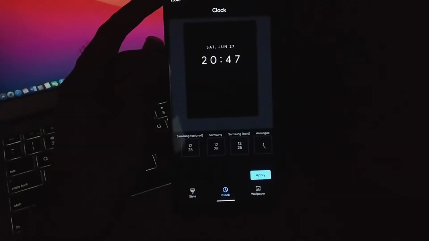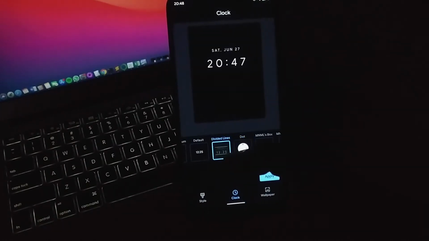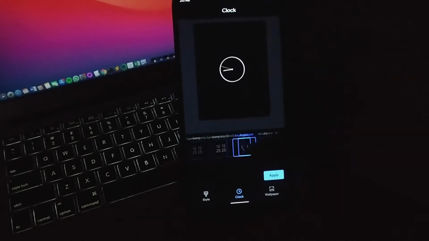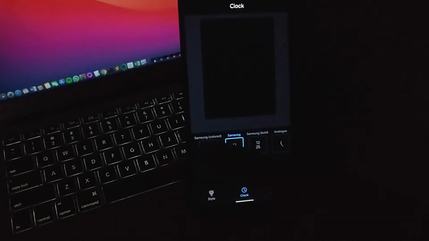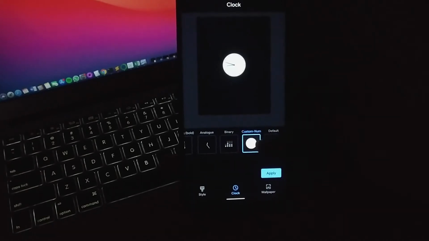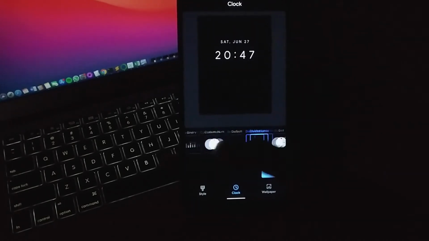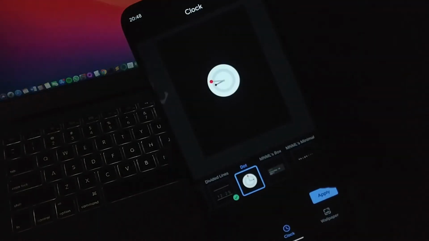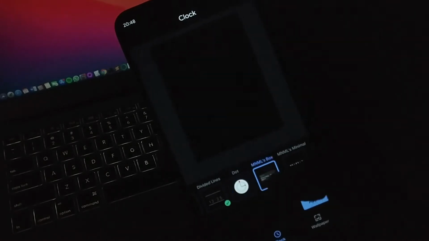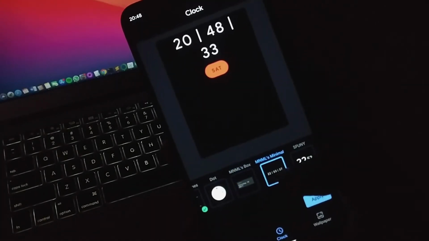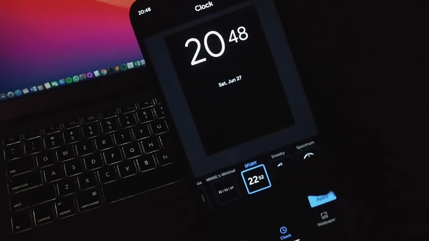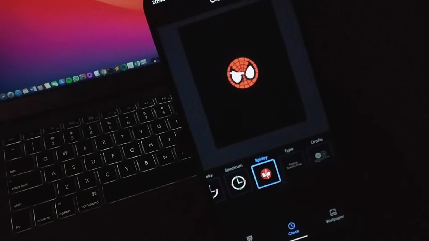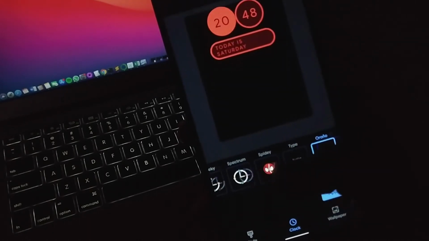Moving further are the clock settings, where you can keep different types of clocks, and these clocks are some of the new ones which I saw in this ROM and didn't see in any other ROM. I don't know why the last 3 clocks don't work in preview, but they work when you set them. These are some of the clock widgets which you get in this ROM and these are pretty good. They have all types of clocks such as One UI style, which is Samsung's, and all other fancy types such as Spidey clock and much more.